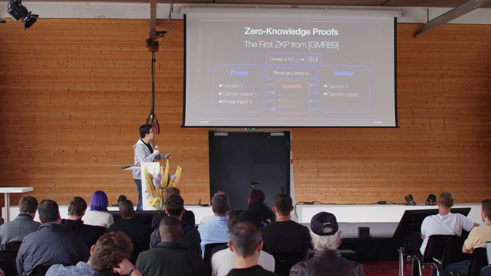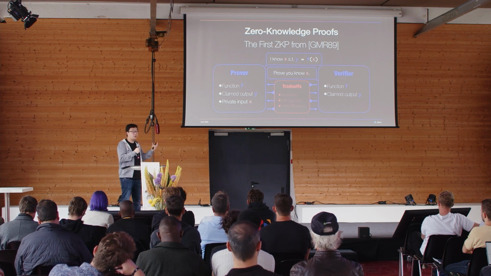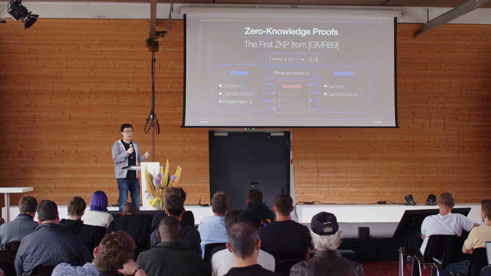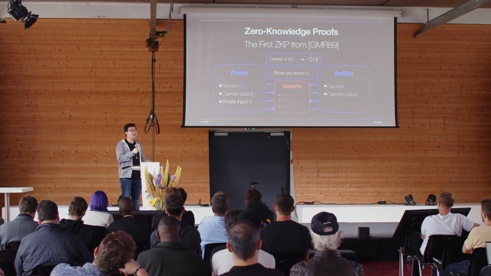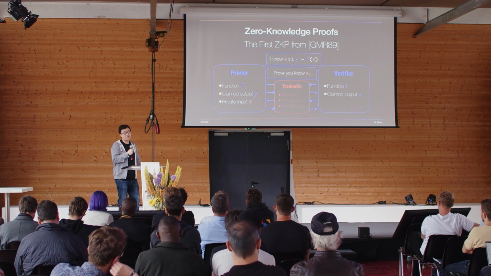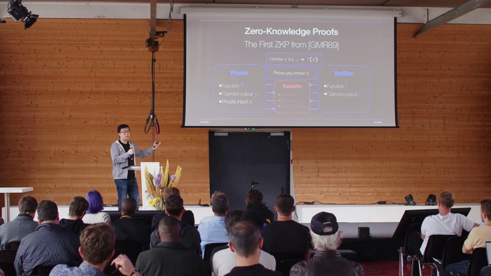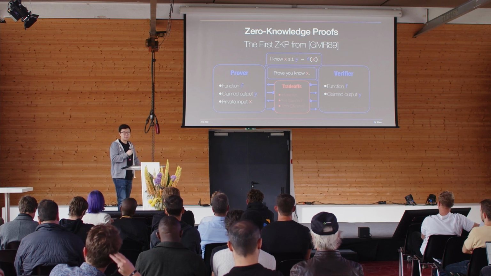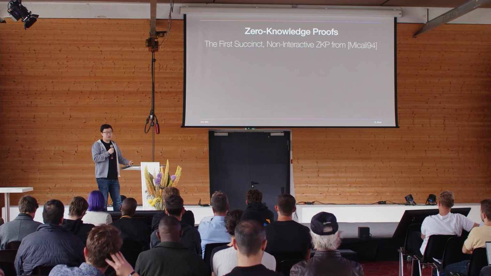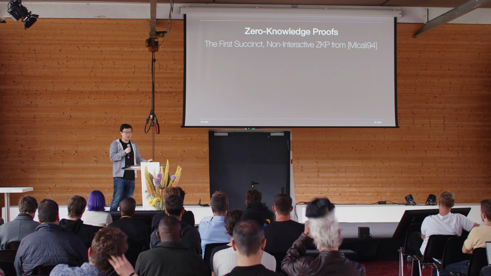And the last thing was that it had very poor concrete efficiency. So the prover took a really, really, really long time to generate the proofs for you, and therefore this was really impractical from a real-world context. It was incredible though from a pure academic and theoretical construct to say that you can use math to even make claims like this. So in order to remedy some of the issues I just talked about, actually in 1994,